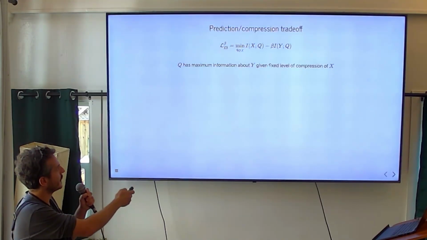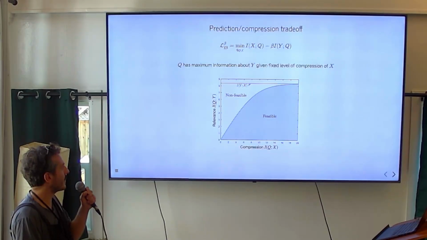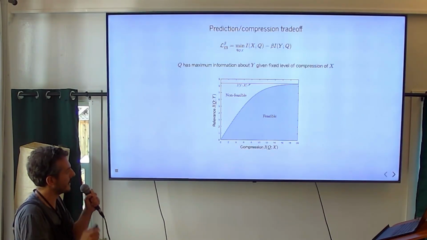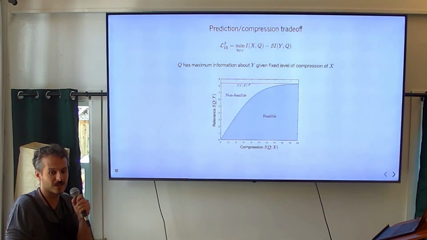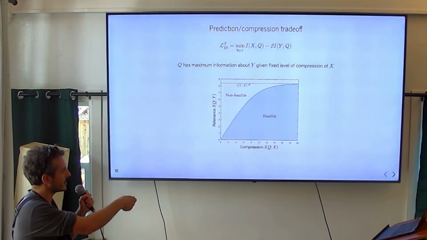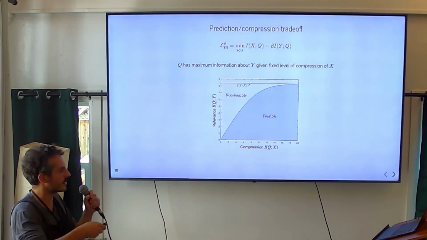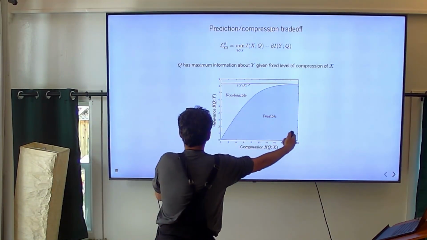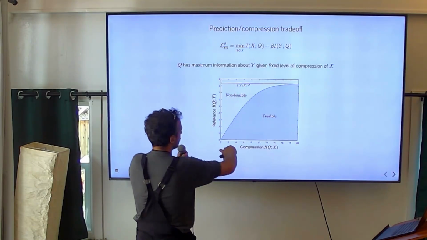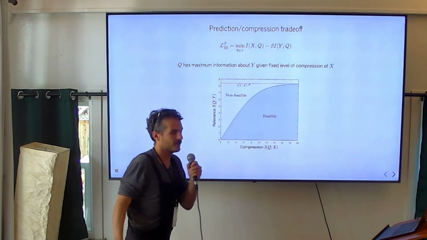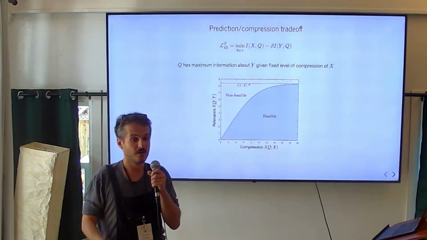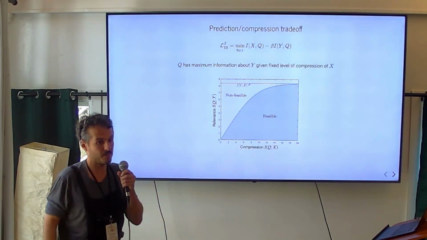about Y. Many times people plot this on information plane diagrams where we plot the compression on one axis. So this is how much we've maintained. We kind of want to go to the left here and up here. And there's a certain curve that separates the feasible region from the infeasible region for a given input-output map X and Y. Okay?